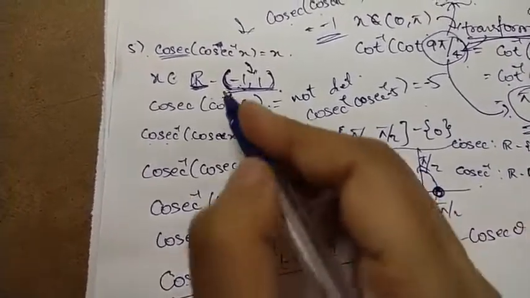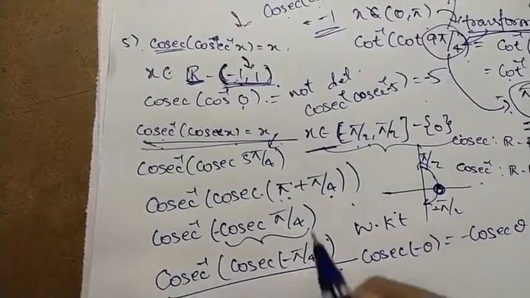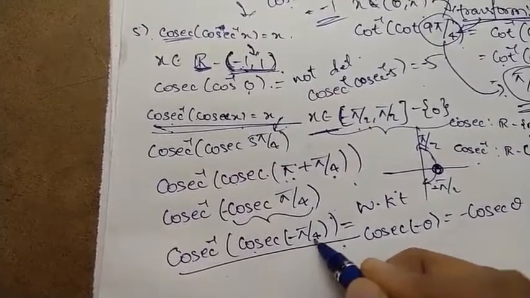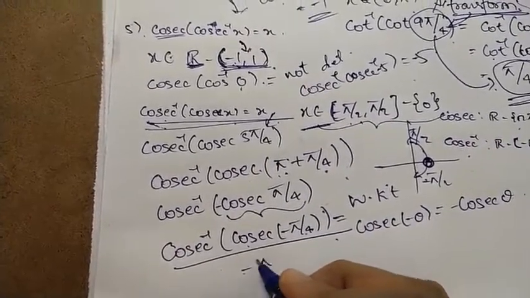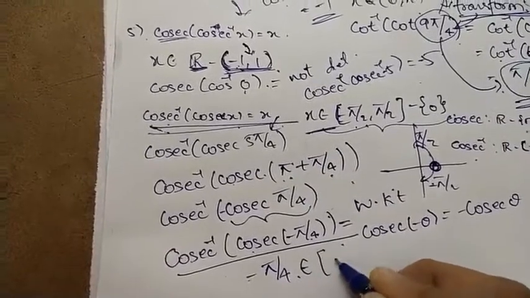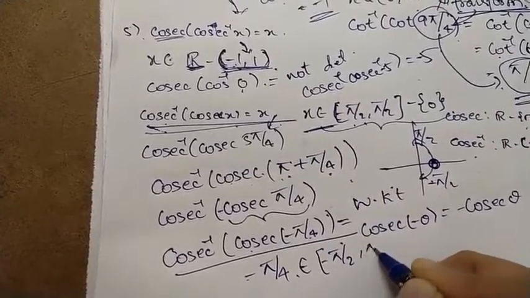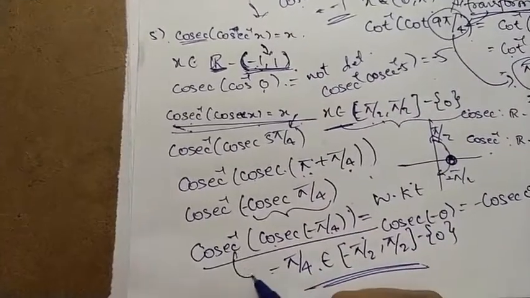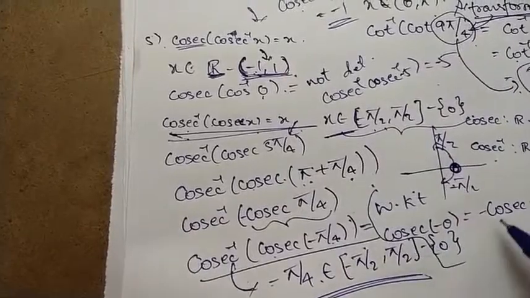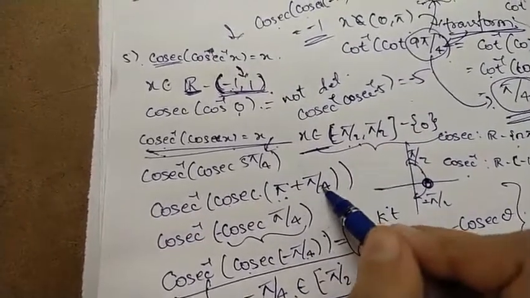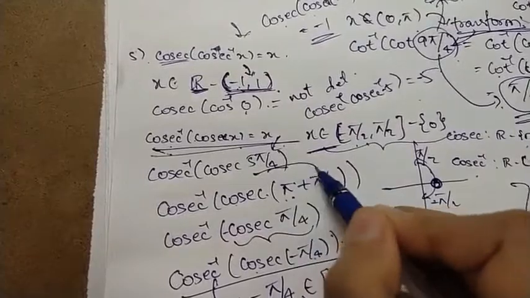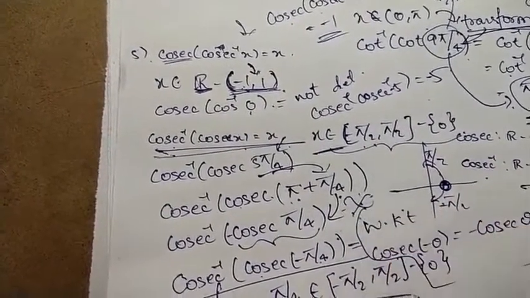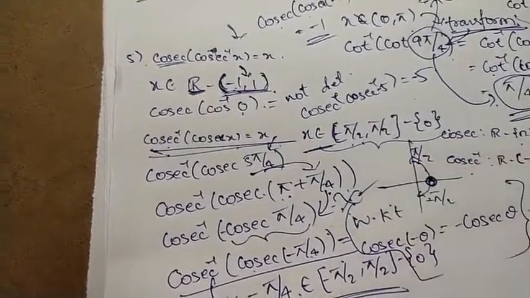Now this is in this format, that is cosecant inverse of cosecant x, where x is equal to minus pi by 4. So cosecant inverse of cosecant minus pi by 4 is equal to minus pi by 4, which belongs to our interval, that is minus pi by 2 to plus pi by 2 excluding 0. So this is how we are solving. You people must know about these things very clearly, and how we write this into this format. After that, the allied angle concept, these things are very important to know, which we have already learnt.